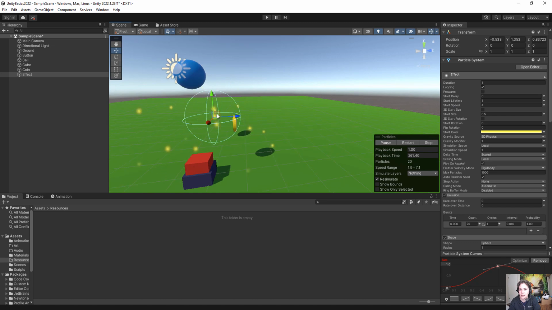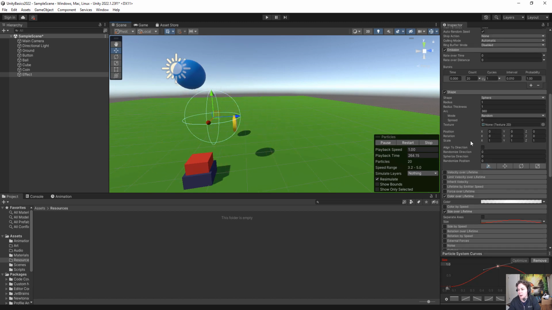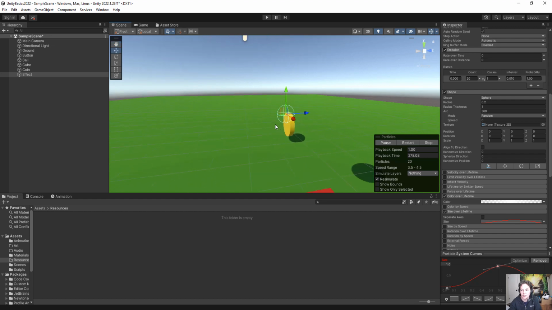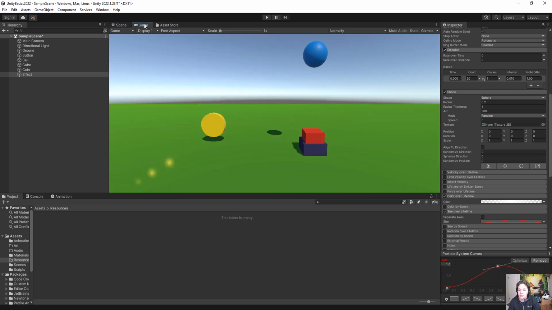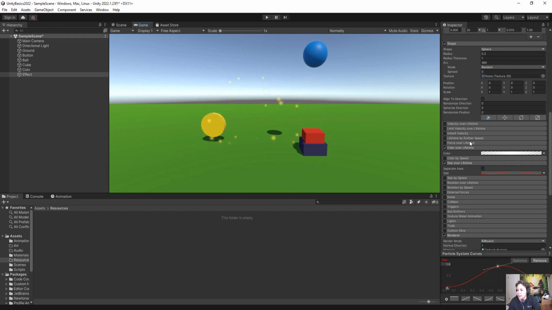We can also scale down the sphere that they are spawning from. So I'm going to come back down to my shape with the sphere, and we can adjust the radius. So we can drop this down to 0.4, maybe even smaller, 0.2. So now they are starting closer to the center of this sphere. We can change some other things about this if we wanted to. I think I'm going to leave the rest of these settings the same for now. Let's look in our game view one more time. It's looking pretty good. We could also add a